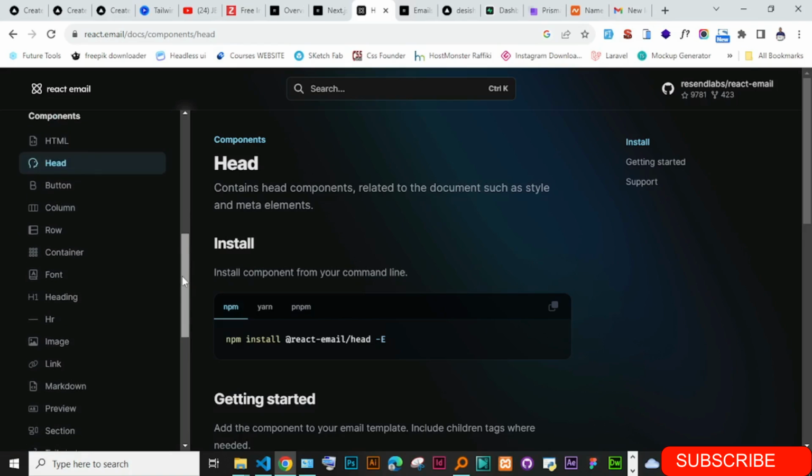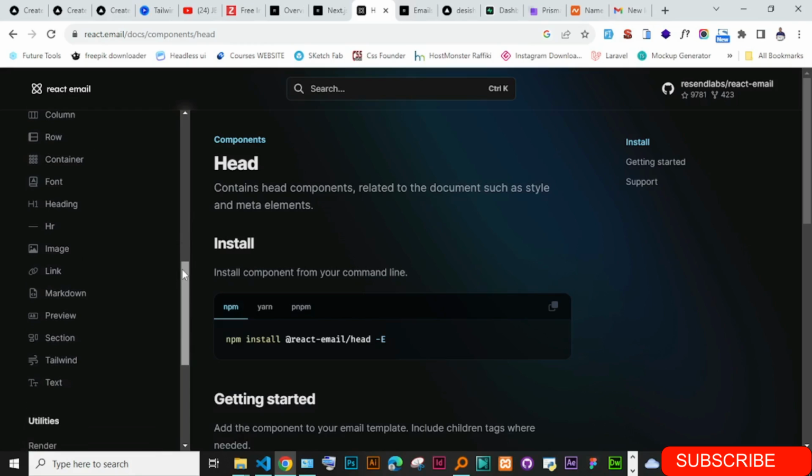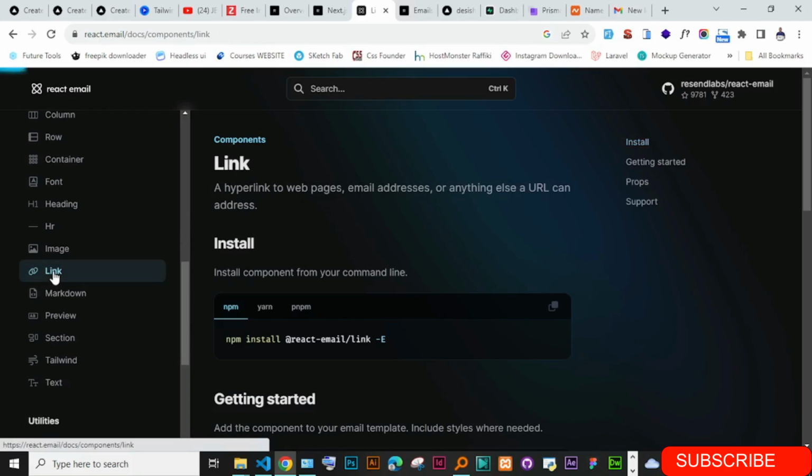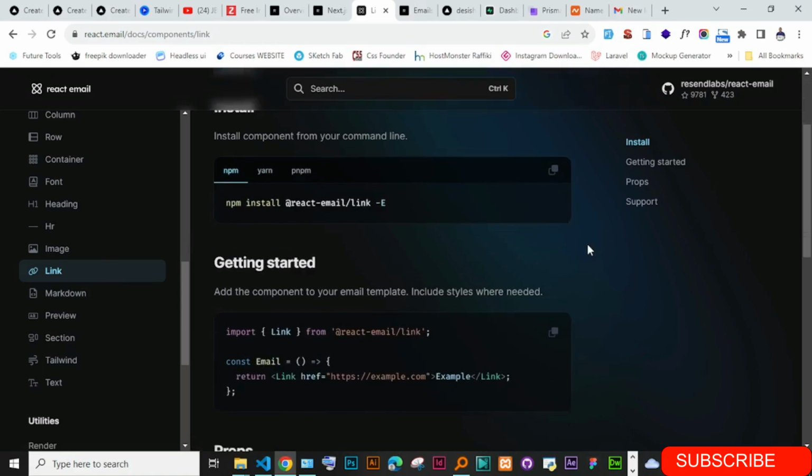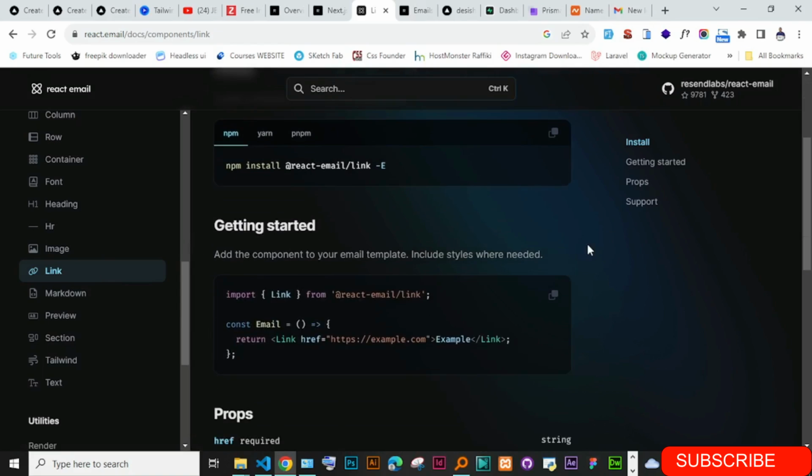I think I should make a full tutorial about React email, like sending custom emails using React email. But right now there is also a link. Actually, let's see how a link works. I think we should also install this link. Let it finish. I will install this link,